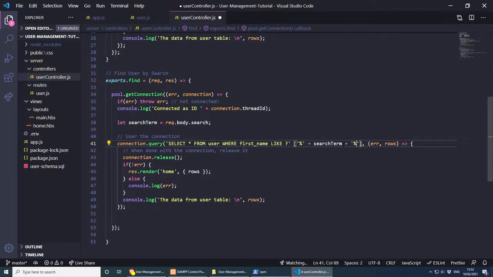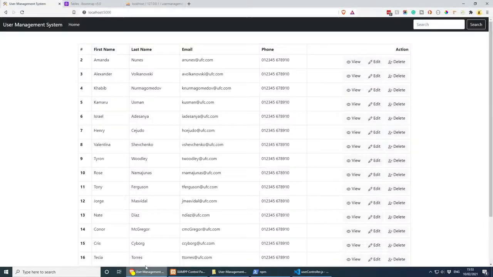And so far, if we search something, it's only going to search it by first name because this is what we've done. Let's test it out first of all, before we make it any more complicated. I'll refresh, everything is working, and let's say we want to find Henry. So if I put HE and search,